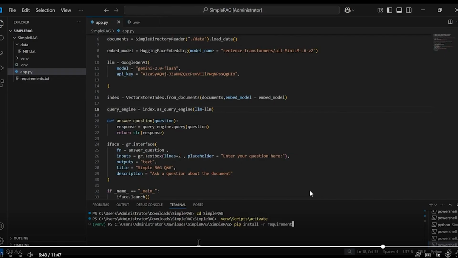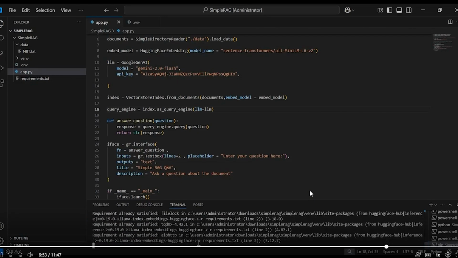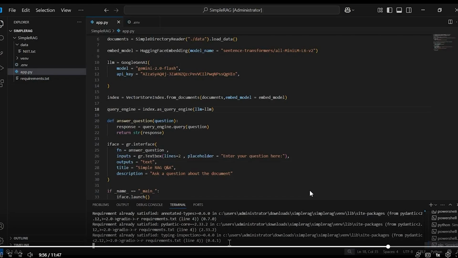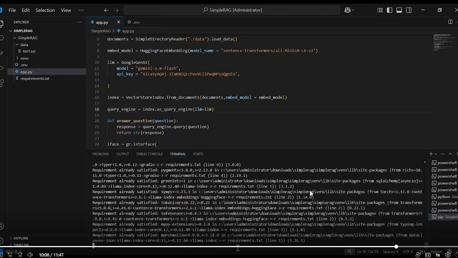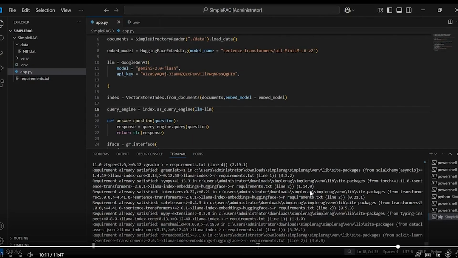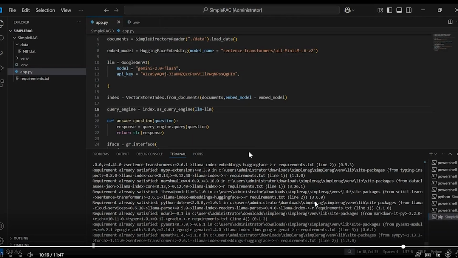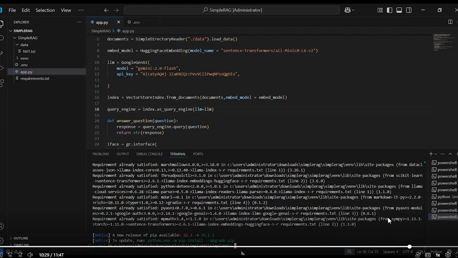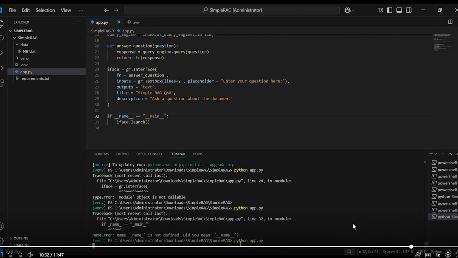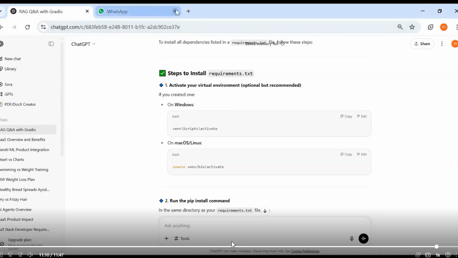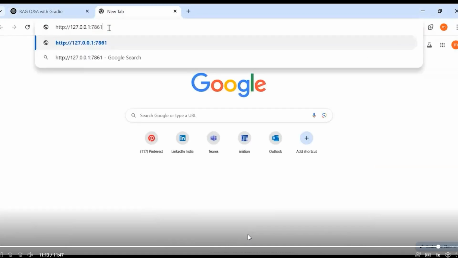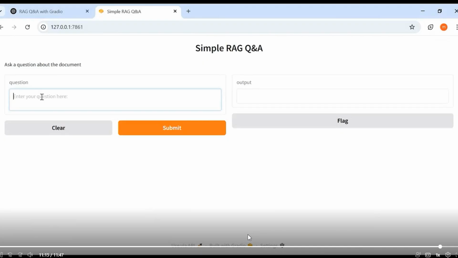So let's move first to the folder where our file is, and then create a virtual environment, python -m venv venv, and then we need to activate it, and then we need to install the requirements.txt. And once we have all our required dependencies, run the application with the command python app.py. So here it has given us a URL which we can copy and paste to the browser, and it will take us to our UI where we can talk to the agent and get the desired outcome.